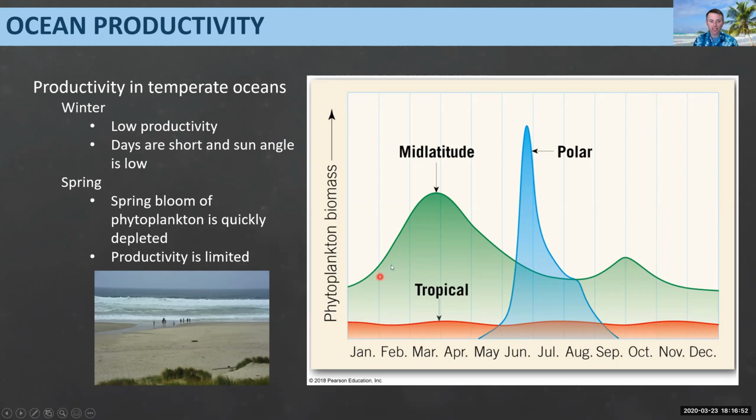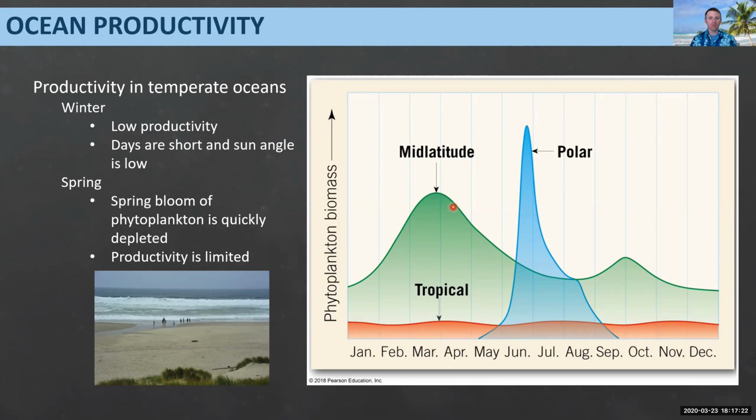Then in the springtime, a bloom happens because the sunlight starts popping again, and that causes all that photosynthesis to go. Once the photosynthesis goes, a lot of those things that get created get eaten pretty quickly. So the bloom starts going down a little bit, A, because they're getting eaten, and B,